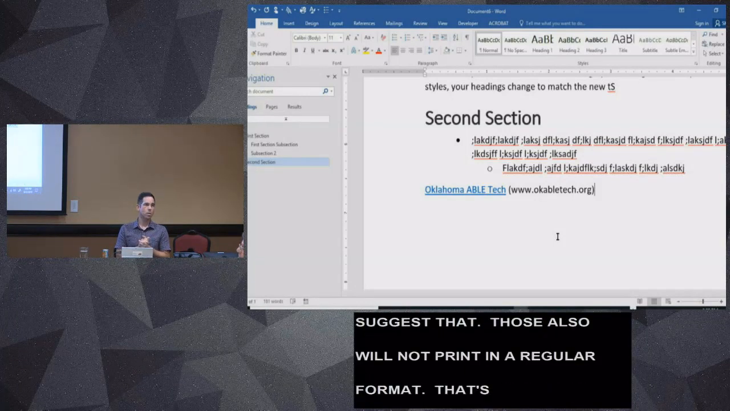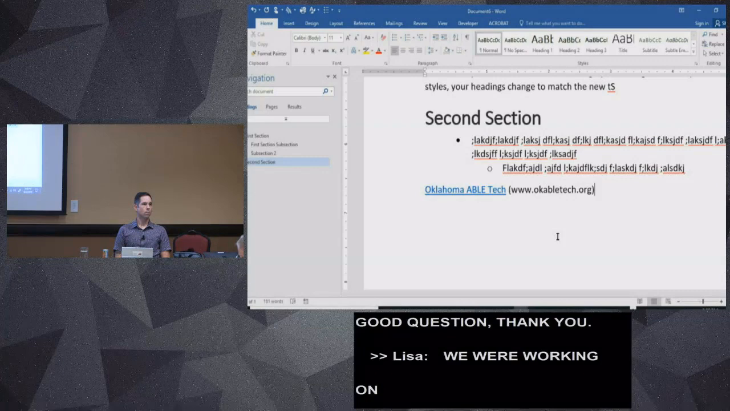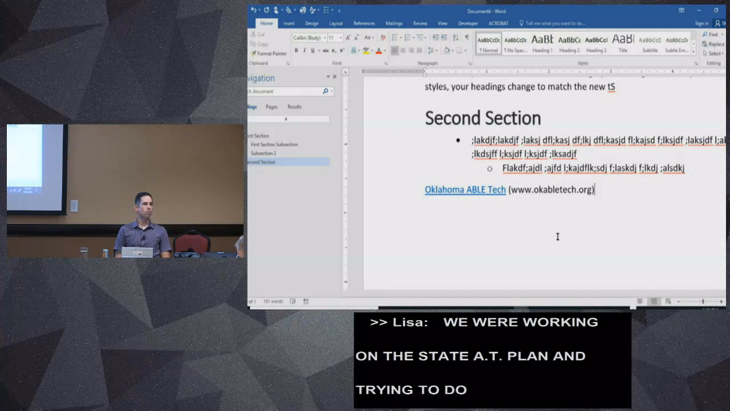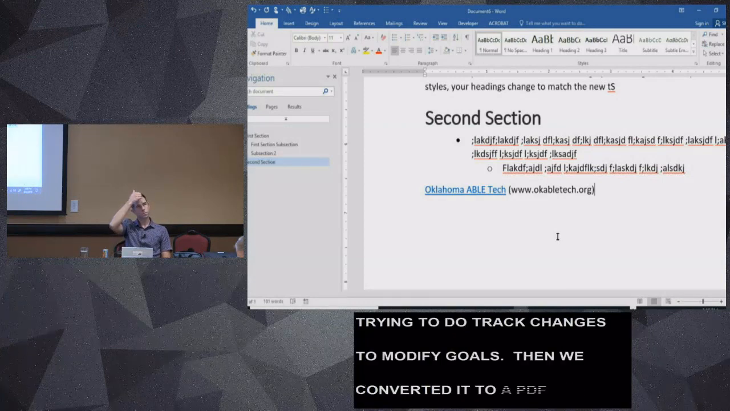Thank you. Yes, Lisa. So, Rob, we recently ran into a problem. We were working on the state AT plan, talking about the Review tab. We were trying to do track changes to make it easier for people to follow where the council was taking the plan and modifying goals. But then when we converted it to a PDF, even though we tried really hard to make it accessible, the